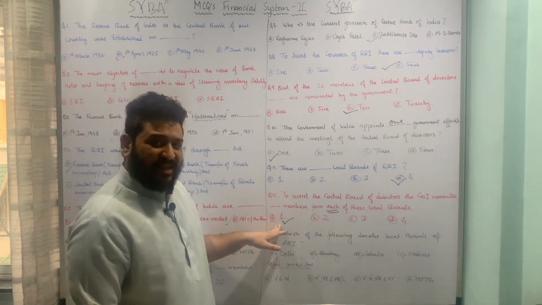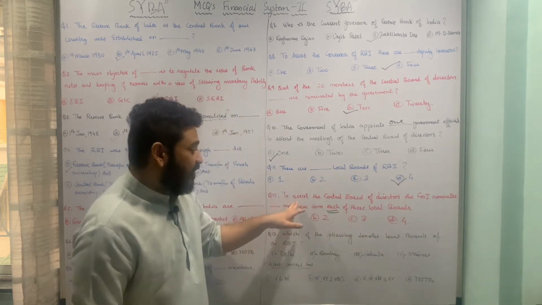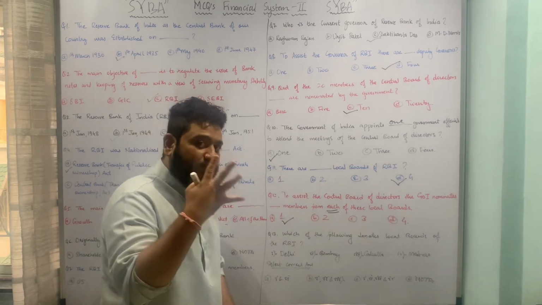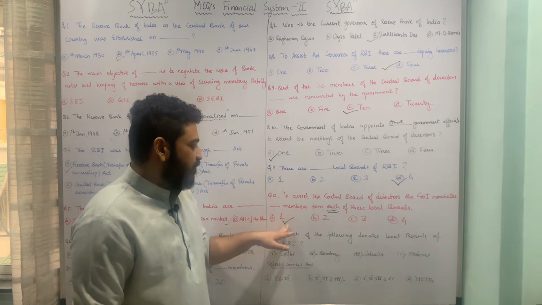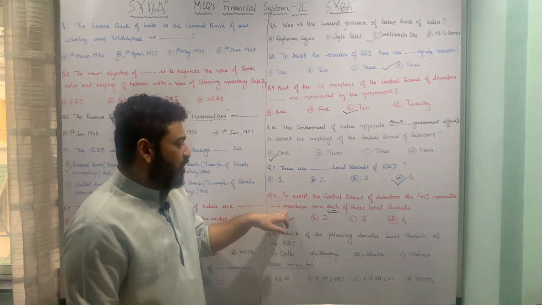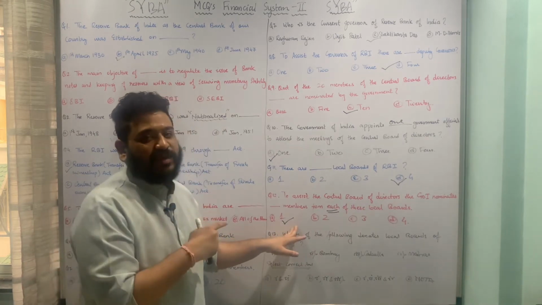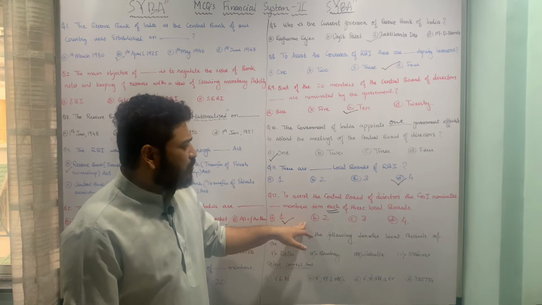That means option A is 1, option B is 2, option C is 3, and option D is 4. So collectively from the local boards, the central government is nominating 4 members, but 1 member from each board. This was asking about dash members from each of these local boards. So there is only 1 member coming from each of these local boards, but there are a total of 4 members. I hope this is correct.